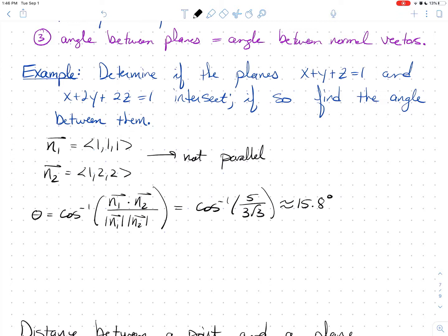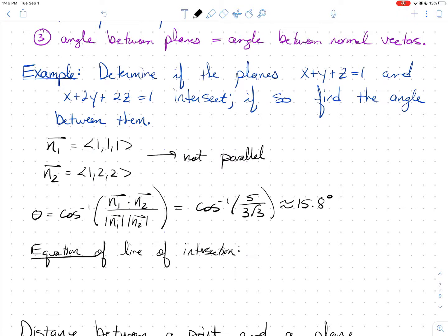Now, I do want to show you in this video, sometimes you'll be asked to find an equation for the line of intersection. So these two planes, we know that they intersect. Their intersection forms a line. Let's see if we can find the equation of that line as well. We weren't asked for it, but I think this might be relevant for you for the homework. So the equation of the line of intersection,